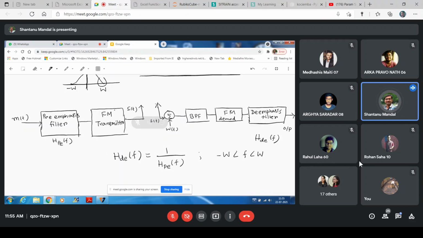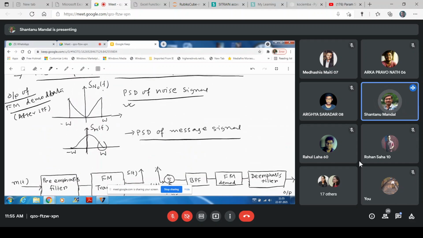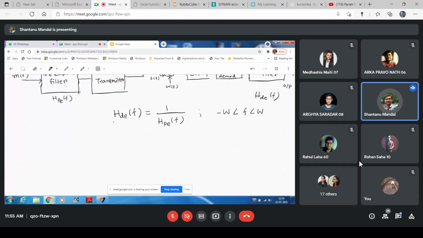so that it can boost up. Actually, noise at the output of the FM demodulator at higher frequency is more effective than at lower frequency. Okay. So it artificially boosts up the message signal by using a pre-emphasis filter, so that the output signal is less affected by the noise. Okay. So less affected by the noise,